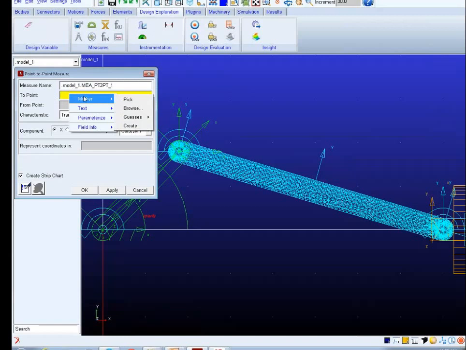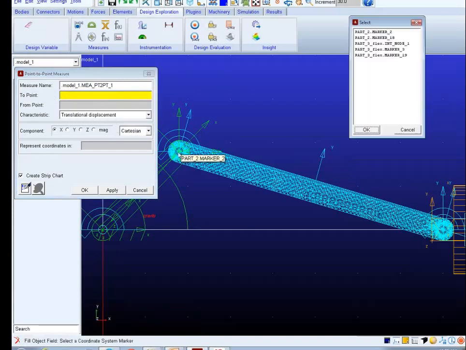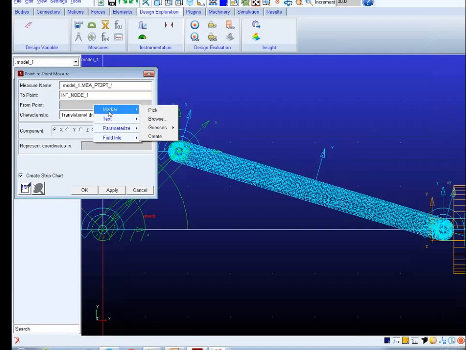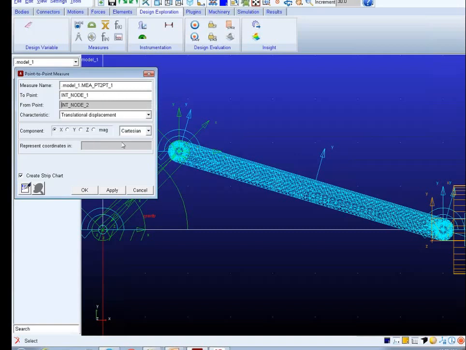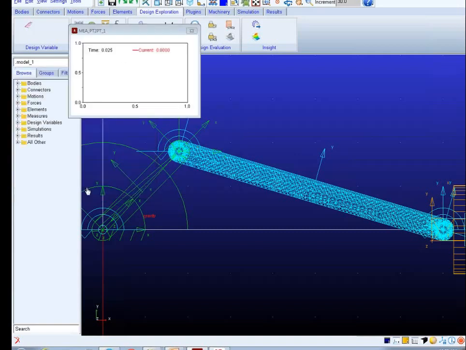Marker, pick. And then we go down and do the same thing. Or you can just say guesses and it'll probably show up. Yeah, right there. Change to magnitude, hit OK. So what we're going to measure now is the distance between these two attachment nodes. Okay, so if I ran a simulation now,